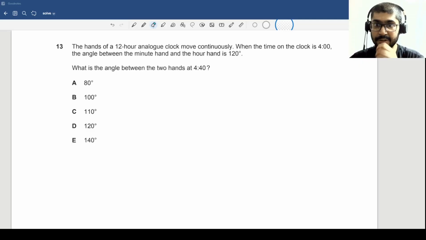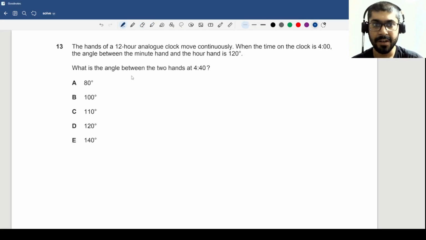We're at the geometry questions. Now this question 13 is based a bit on geometry and a bit on common sense. So you will have to know a bit about clocks and timings. I'll just give you the required theory and then we can solve the problem, or let us solve the problem along with the theory itself so that we can learn it in the